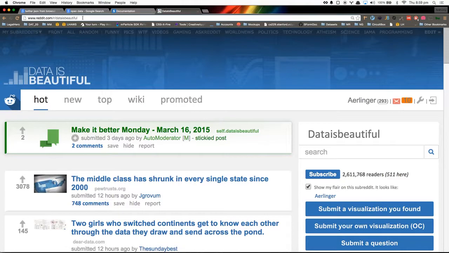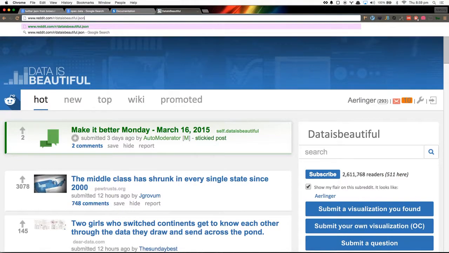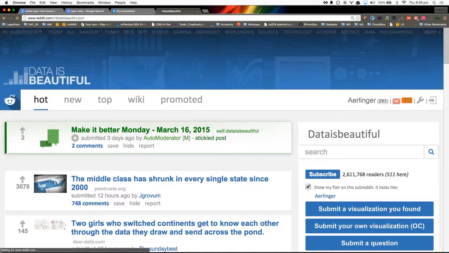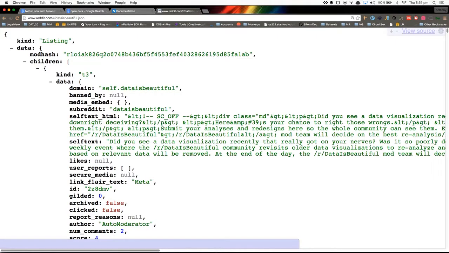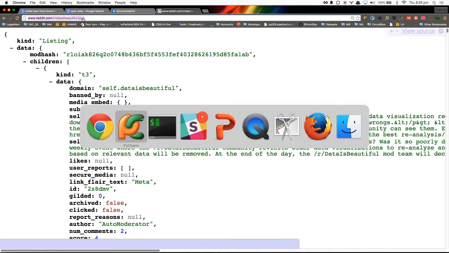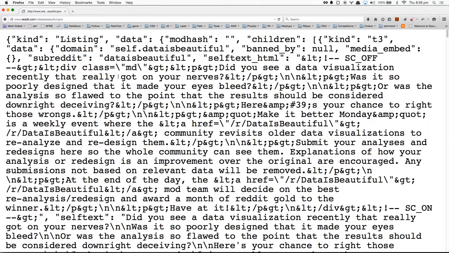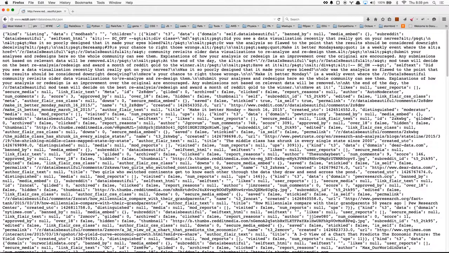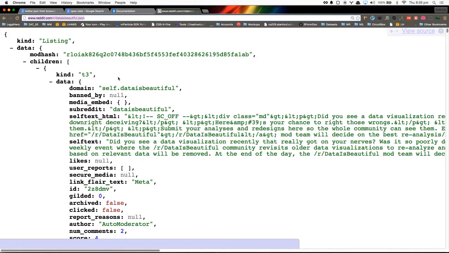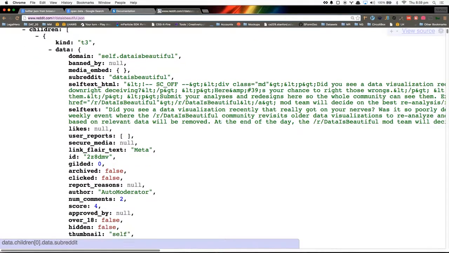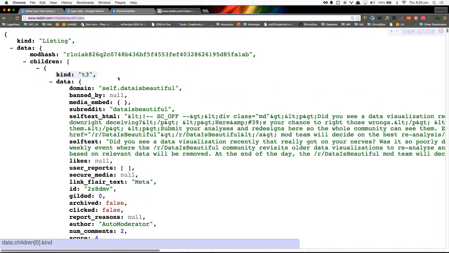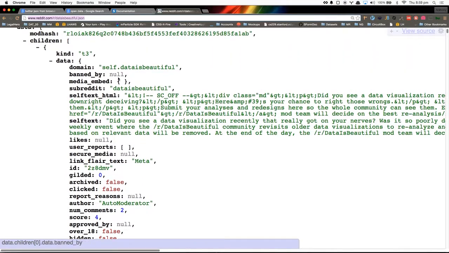If I go to reddit.com/r/dataisbeautiful and type .json at the end, and you can all do this, I get something that looks very different. You won't see it quite like this because I have a plugin extension, but I'll do it in Firefox. Look very closely at this. It looks very messy and chaotic. When I format it with a Google Chrome extension installed, it's a very nicely, cleanly formatted way of finding what we're looking for, isn't it?